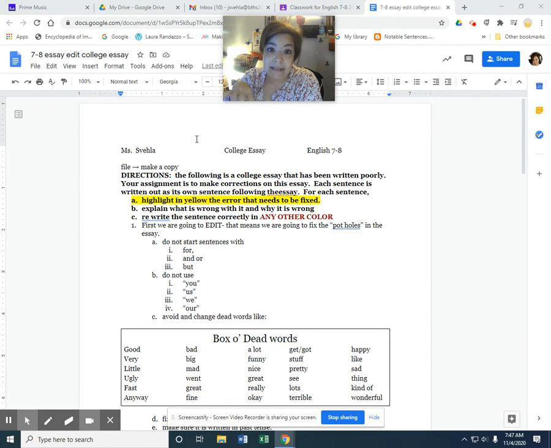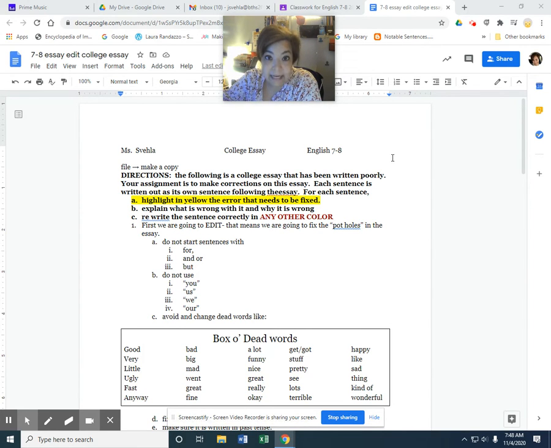So editing is like potholes in the road. Okay, so if we're trying to get from point A to point B, we can't get there very easily if there are potholes in the road and we're swerving around. But once we fix the potholes, we can get to where we're going, and we can improve the different routes we're taking, the different roads, and we can actually improve the roads that we're driving on. So the potholes are the nuts and bolts, those editing things, and then the revision are the curbside appeal. Okay, so today we're going to focus